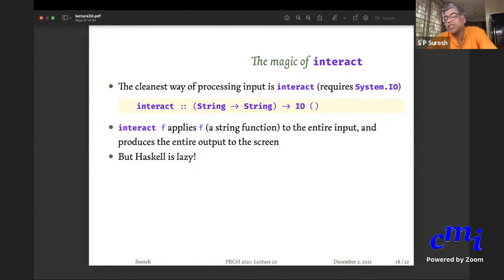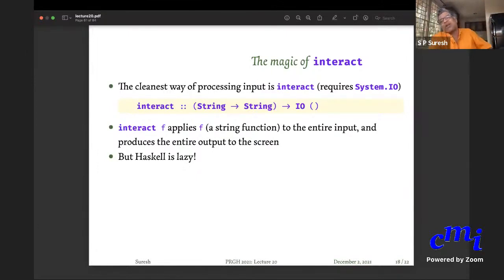But Haskell is lazy. Therefore, if the function is such that you can apply it as soon as one element of the input is present, then it will apply it. It won't wait for you to finish the whole input and then apply it. Typically your function F will split the input into each line, apply something on each line, and then put all those lines back together. If your function is like that, then each line is a unit that you can process.